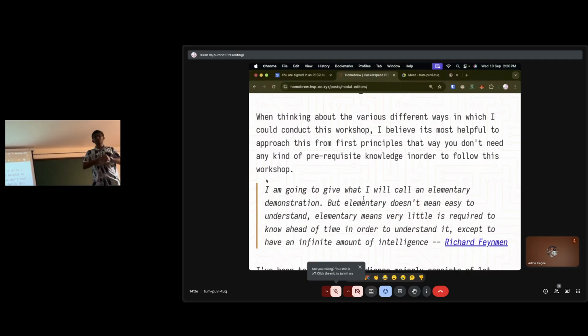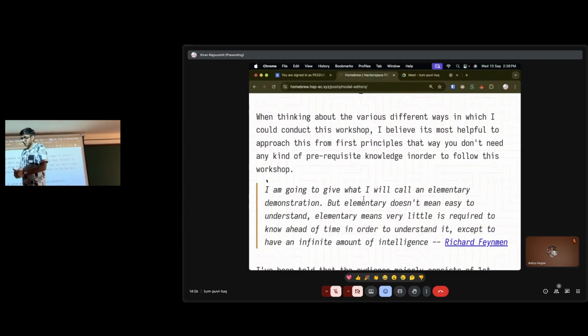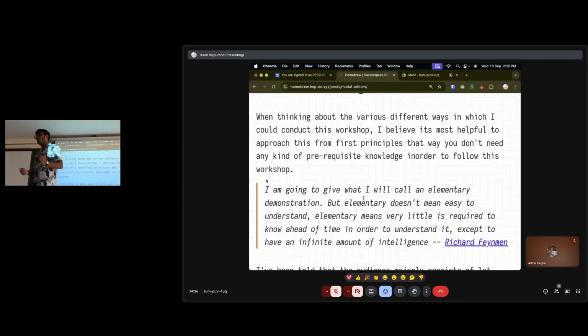I don't assume anything. The topic for today is Modal Editors. How many of you know about Modal Editors? The editors in general. Oh, okay, just one person. So, I think the first question we should ask is, to do any sort of programming, why do we need this special editor like VS Code or Sublime Text or Atom or these modal editors like Neovim and Vim? Why can't you just use MS Word for programming?